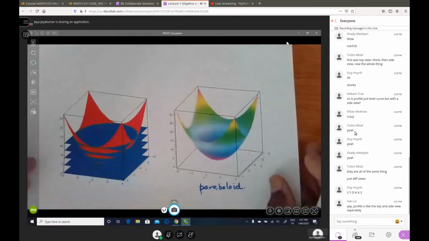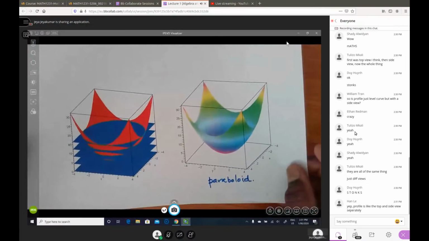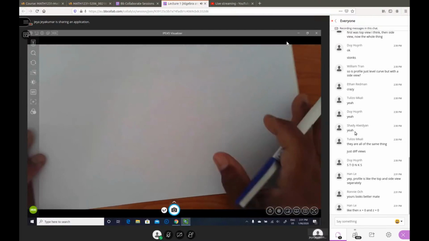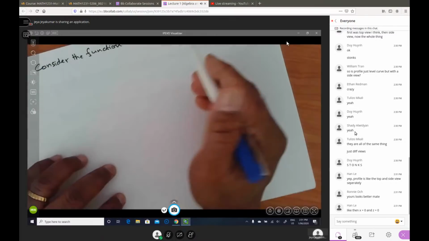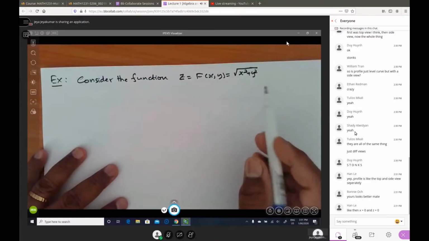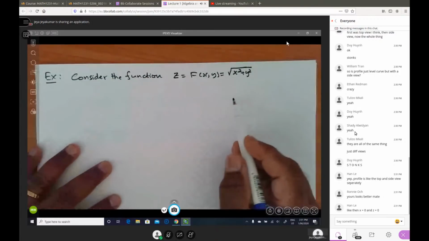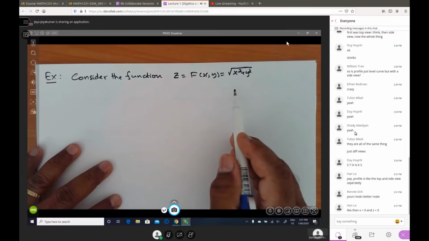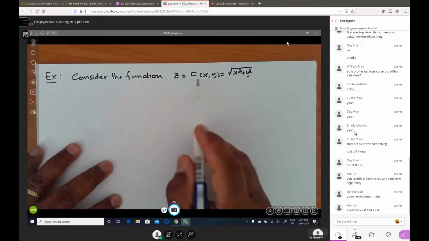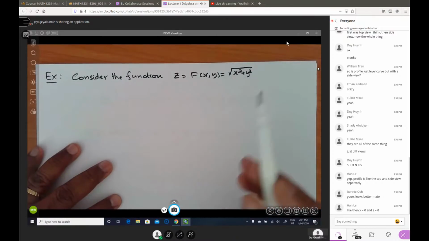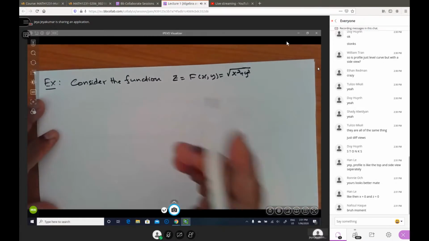Okay. So let me make a small change in this example and see how we can sketch it. Here's another one. This example is also not in your lecture notes outline. This is actually an exercise for you to try, but I'll give you a hint how you can do it. I now change the formula of the function to z equals f(x, y) equals square root of x squared plus y squared, and see how the surface will look.